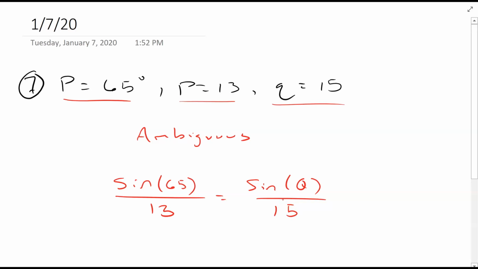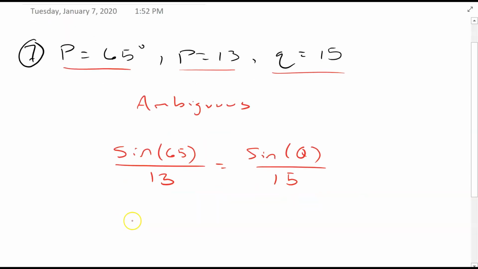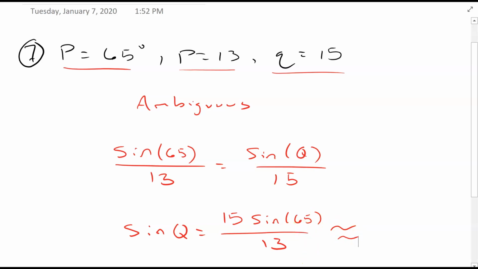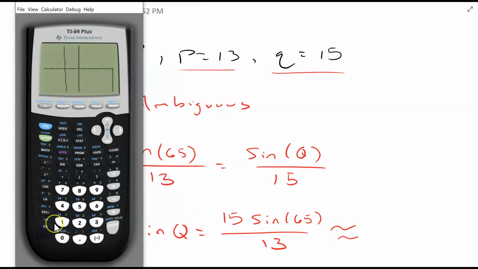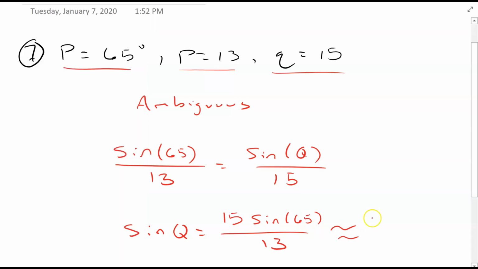Everybody okay here? What I'm going to do then is get sine Q by itself by cross multiplying and then dividing. Okay? And now I'm going to evaluate whatever this is on my calculator. So I want the numeric value for that. I'm going to do 15 times sine of 65 divided by 13. And I get 1.05. And since that's greater than 1,